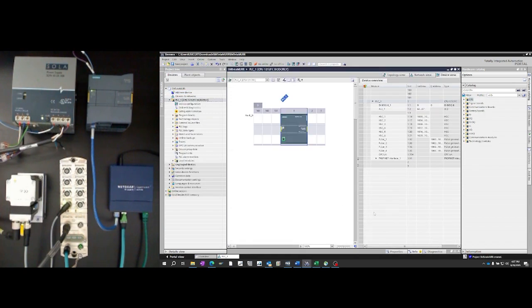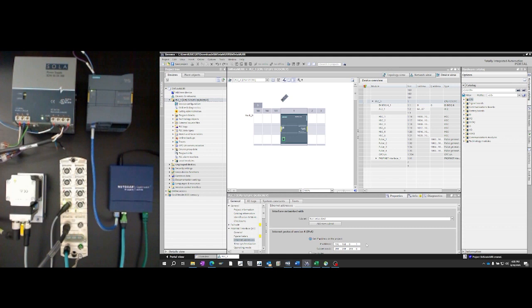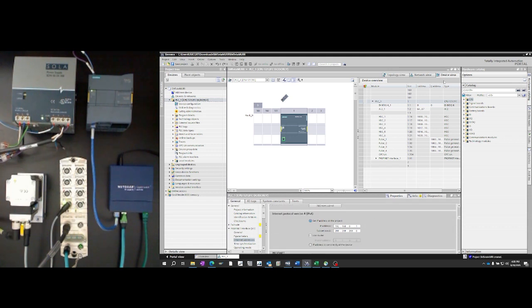Now that I've got my PLC added, I need to set the Ethernet address for that device. Under the device view, I'll click on Properties, go to the General Properties, and then assign a static IP address under Ethernet addresses in the Profinet interface of 192.168.0.1 with a subnet mask of 255.255.255.0. Now I'll go back to my network view,